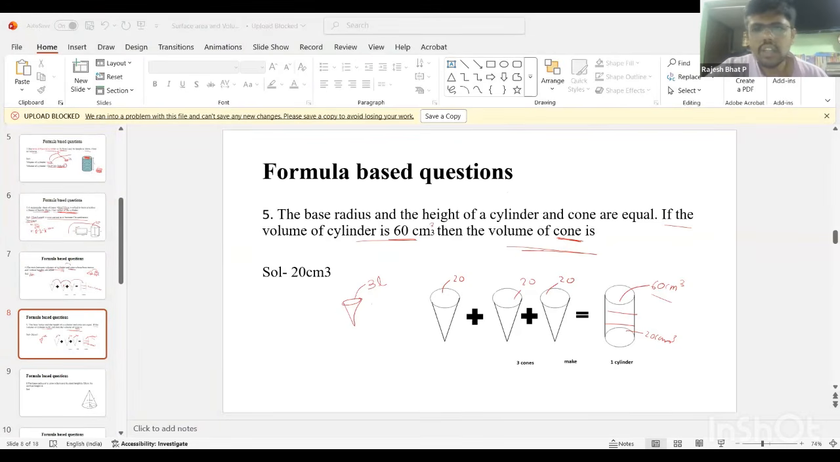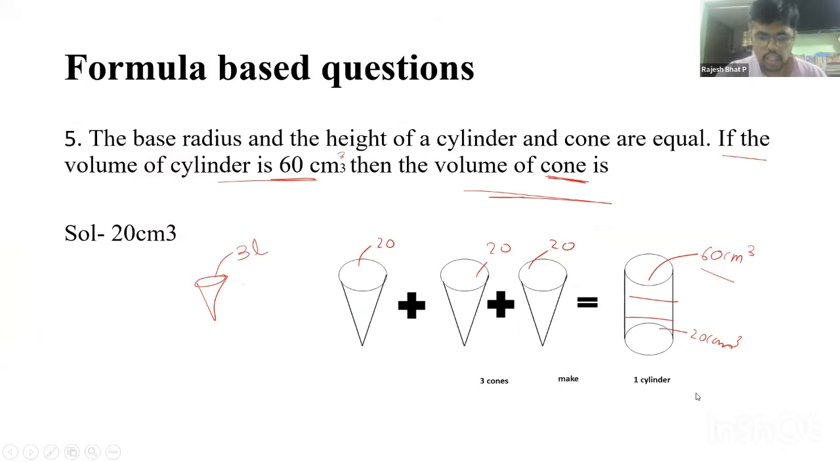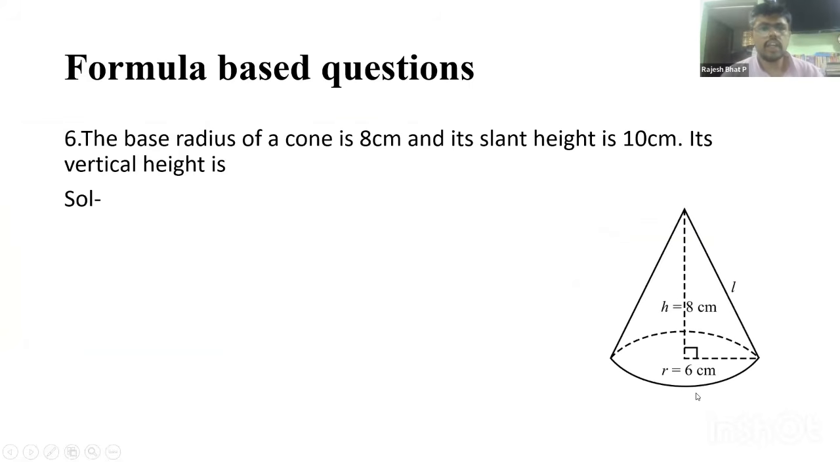Okay, let's continue. Let's go to the next one. This is the next problem, which I already told you. They will ask: write the relationship between slant height and radius of a cone. I already told you the formula. What is the formula? L is equal to square root of h square plus